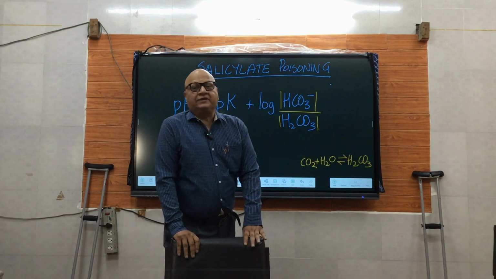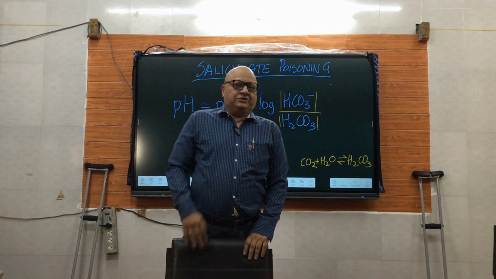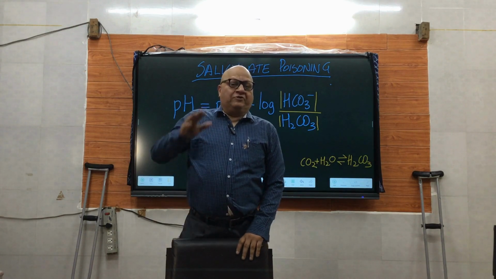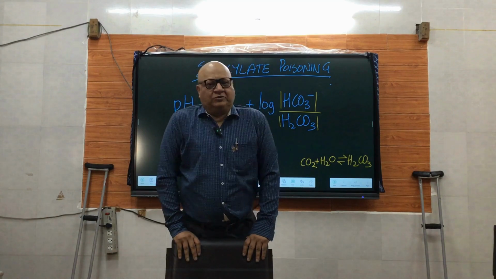Now, the simple explanation: it causes alkalosis actually. Alkalosis. Normally, the pH is 7.4 plus or minus 0.5. If it crosses the upper limit, it is alkalosis. So,